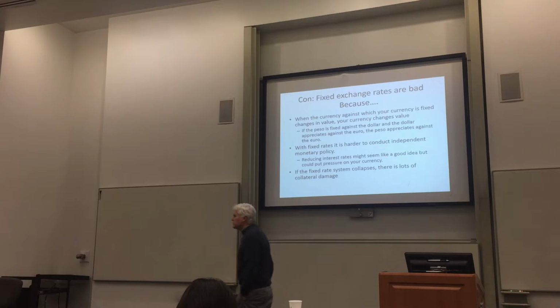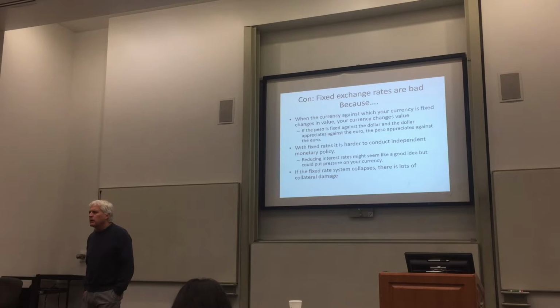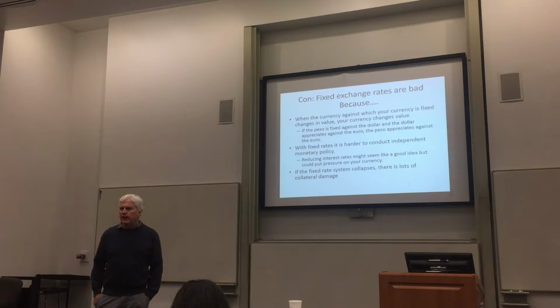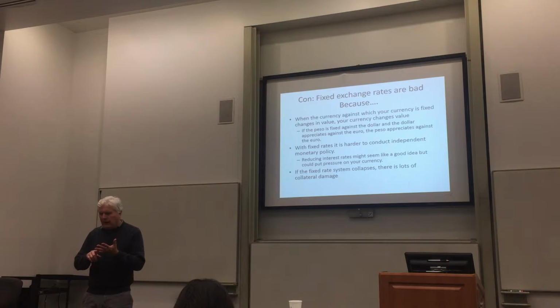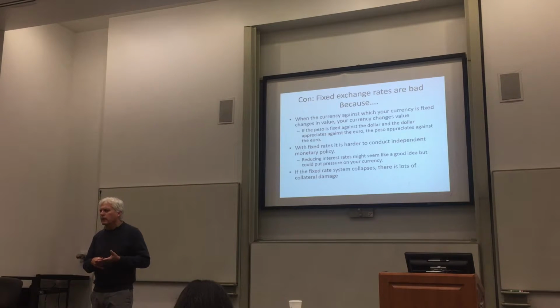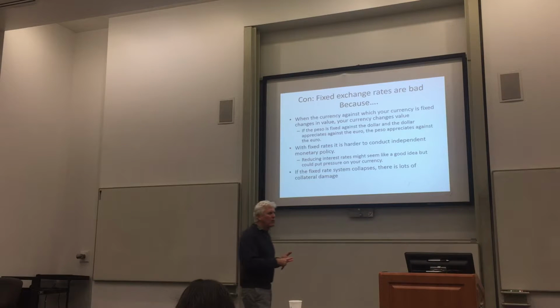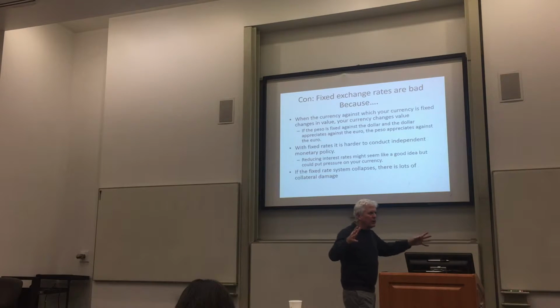The third disadvantage with fixed exchange rate systems comes back to what we were talking about before the break, and that's the possibility for catastrophic disaster. When a fixed currency arrangement breaks down, it tends to break down catastrophically. So, again, go through the list. You think about what happened in Mexico, Asia, and Argentina. We could also use Russian bond default as an example of this. When the currency breaks down, things go really bad really quickly.